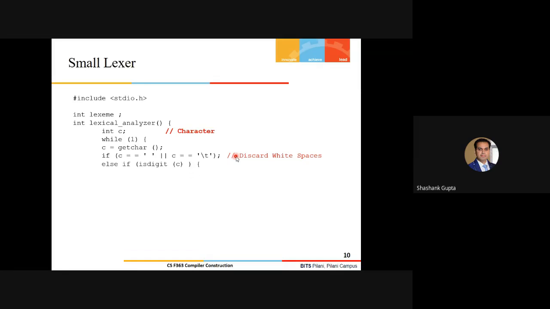Fine. And if it is a number, or sorry, if it is a single digit here, for that we are using this function isDigit. So isDigit is applied on this character. If it is a digit, then it is acceptable. Now, if it is a digit, then I should store this information to the global variable lexeme. Remember, I said that if I am writing 25, I have to compute what exactly I have read, that is 2 here. So what we are doing is we are just performing the subtraction with the ASCII value of the 0, and that will give me the 2 in the lexeme part.